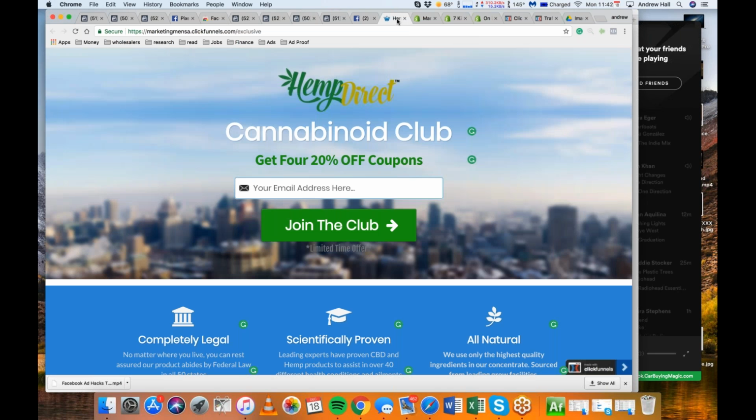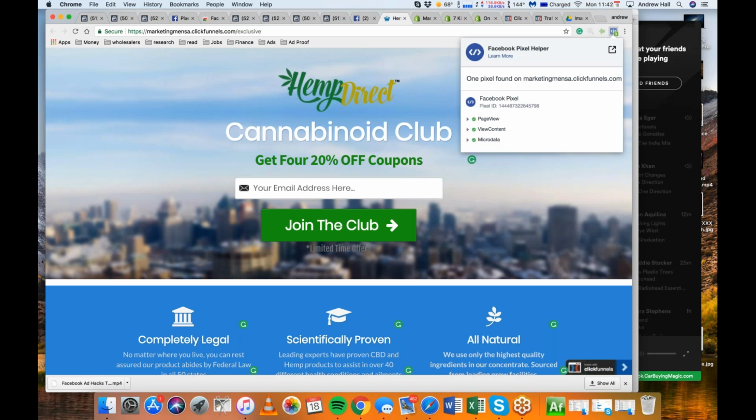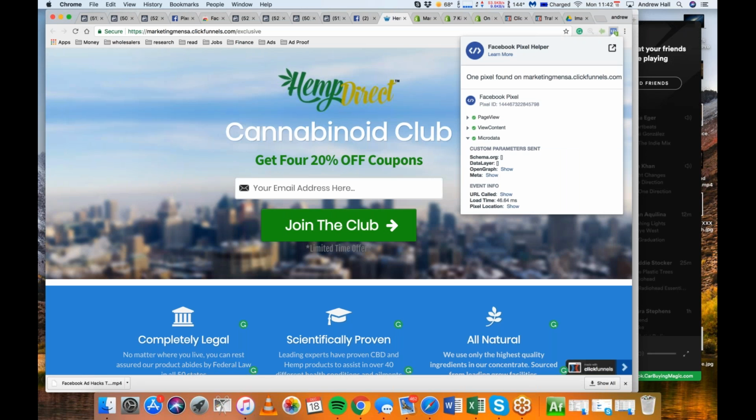So hopefully this one has a pixel installed. So yeah, see, this has a page view pixel, and it has a view content pixel, and then microdata. I'm not really sure what microdata is. It might be from actual ClickFunnels or something. But this page has pixel set up, so you can verify if your pixel's working good.